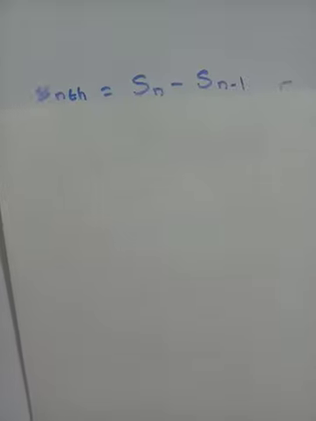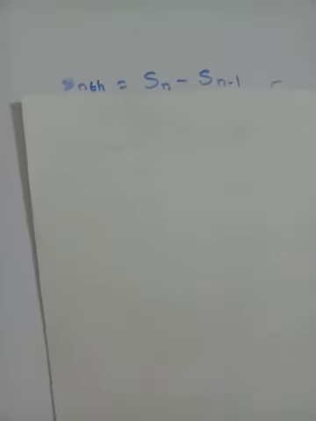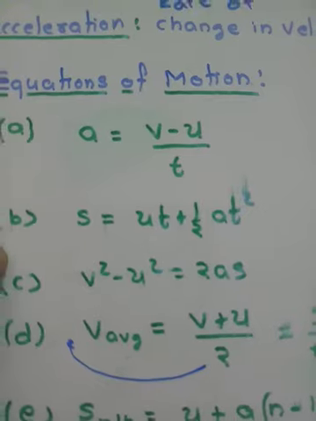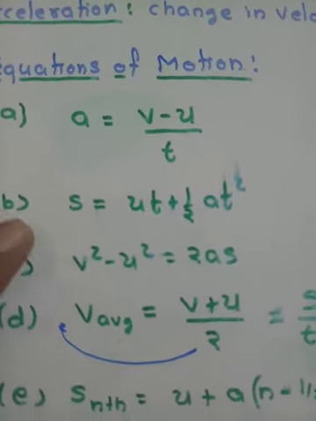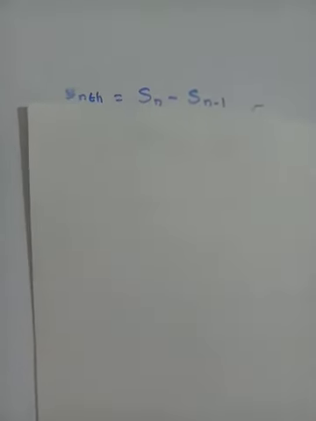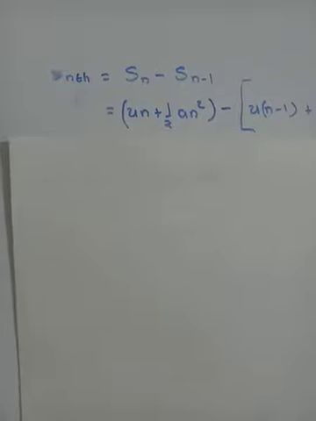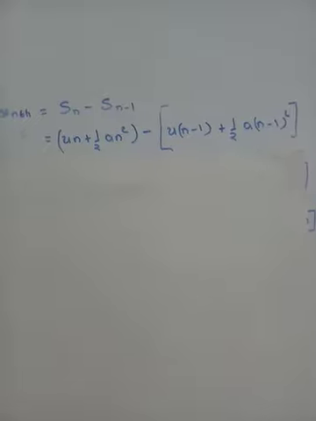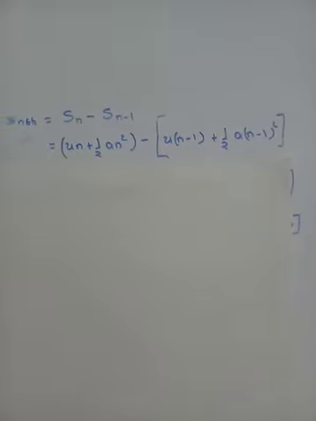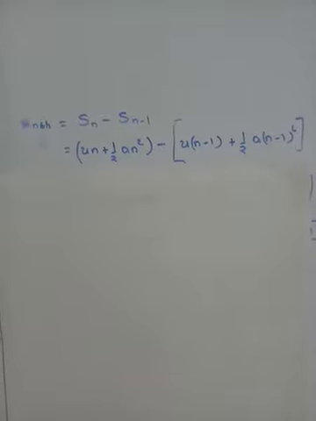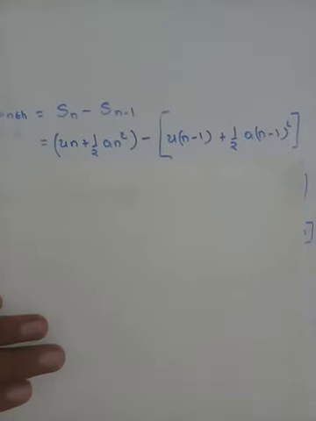Now, again what we do is, we substitute equation B in both these equations. Remember equation B: S equals ut plus half at square. So we are going to substitute this value of S for both Sn and Sn minus 1, which gives me this broad result. Sn equals un plus half an square, minus, again in place of t you have to put n minus 1, and t square will be n minus 1 whole square. The rest is the next step,